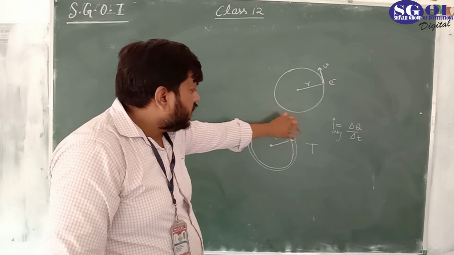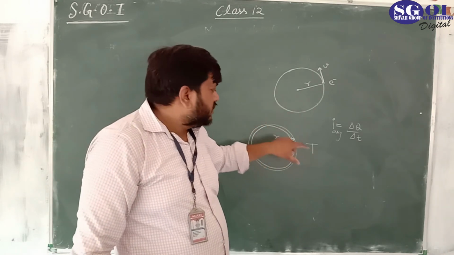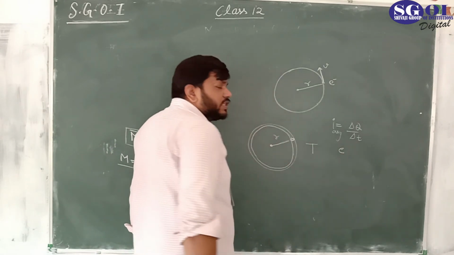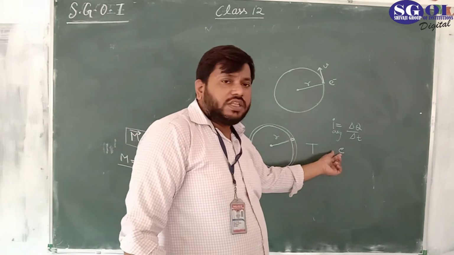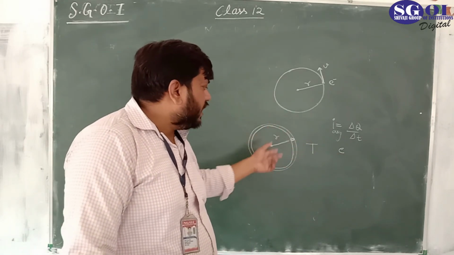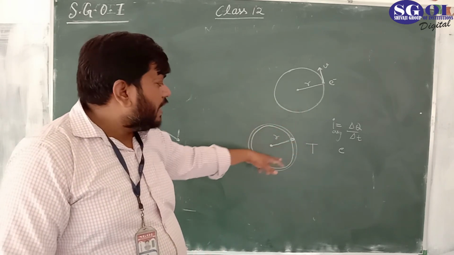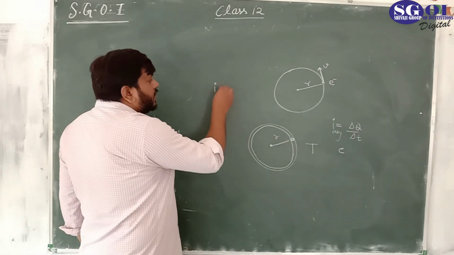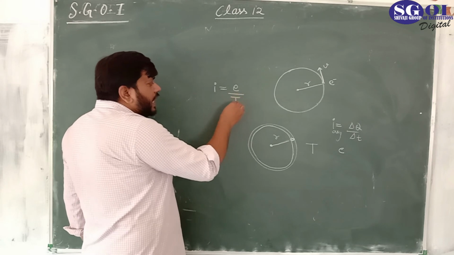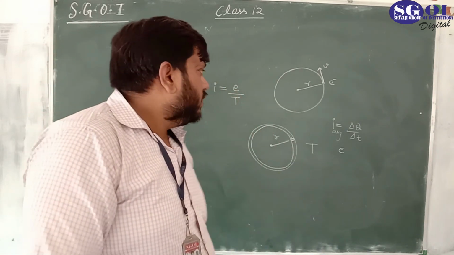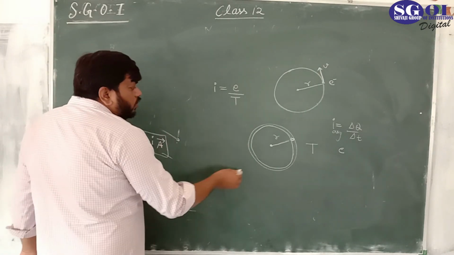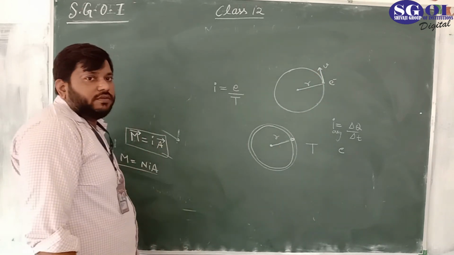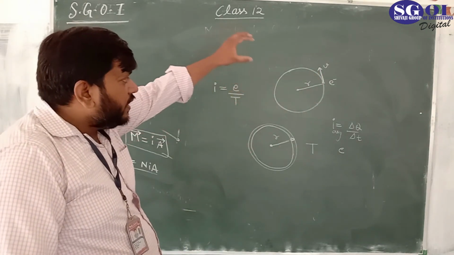You can observe anywhere on this particular cross section, the electron passes in an interval which is the time period of one revolution. So we can say I in this particular case is the charge of the electron over the time period T. I think you have cleared this relation, and we know that if this is the radius r and the speed of the electron is v, constant speed, the velocity is not constant because the direction is changing, so we are taking the speed.